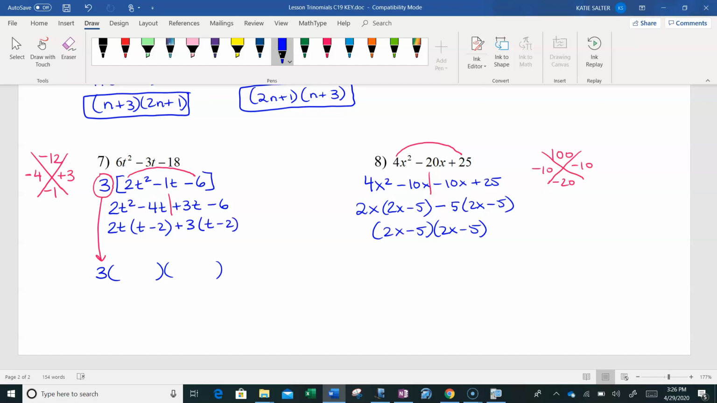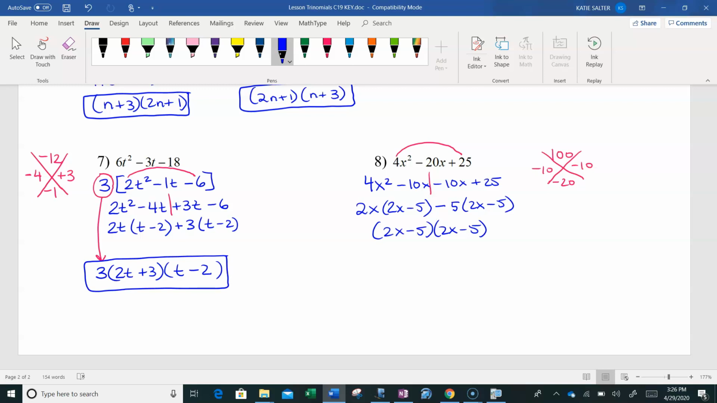So our two GCFs are 2t and plus 3. We put that in the group, and then we put our common group beside it, t minus 2. Again, you can always check it by foiling, boxing, or distributing these two binomials out and then distributing the 3